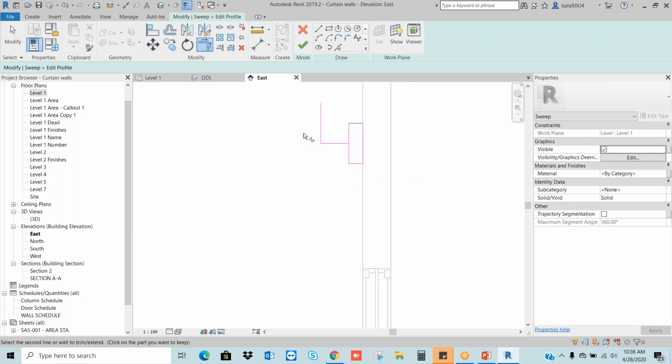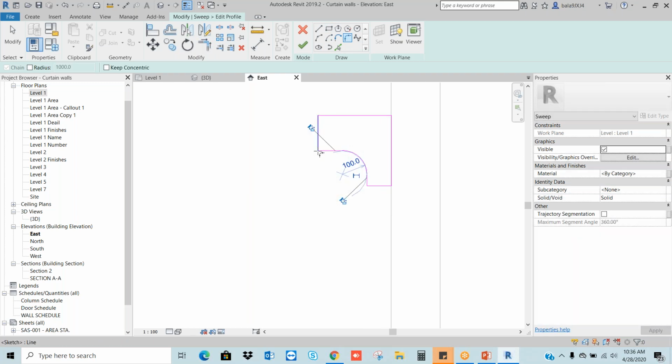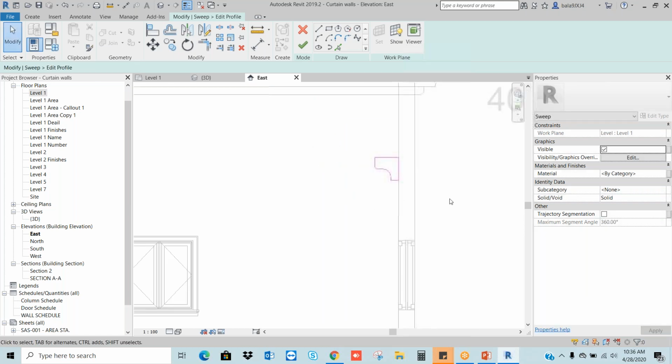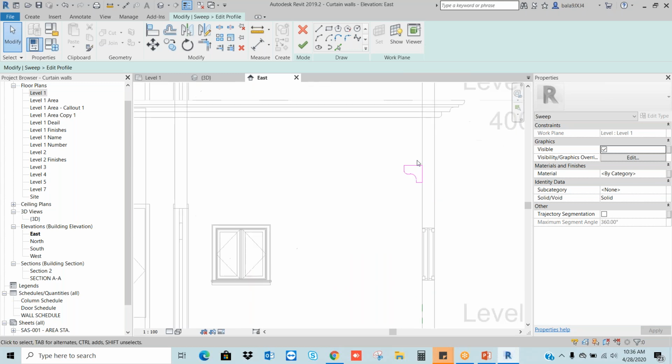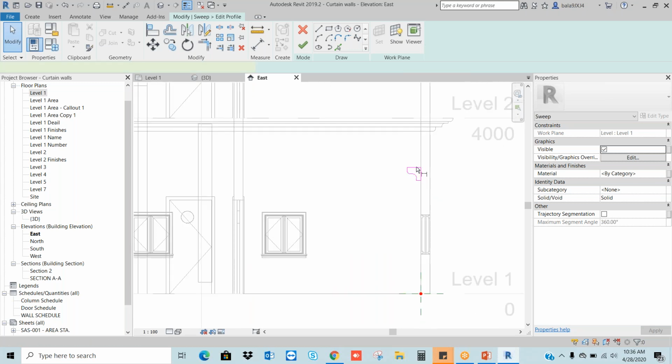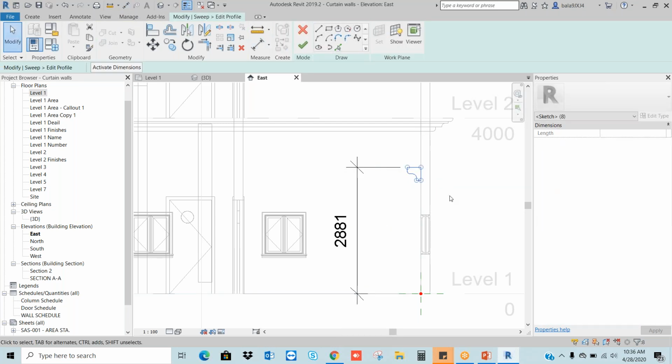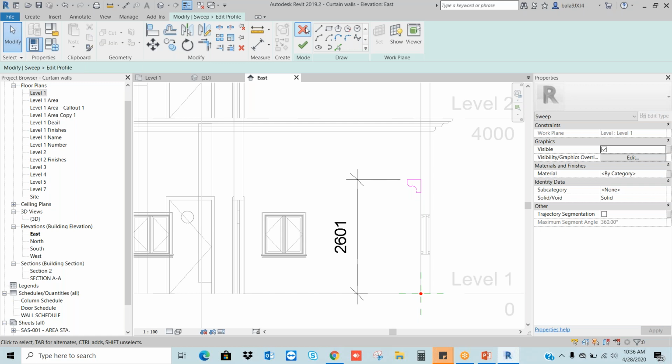Modify. Let's say I want to create one fillet arc. And I want to adjust the height of the ceiling. Dimension. Let's say I want to make it, for example, 2500. If you want to get exactly 2500, take one line.